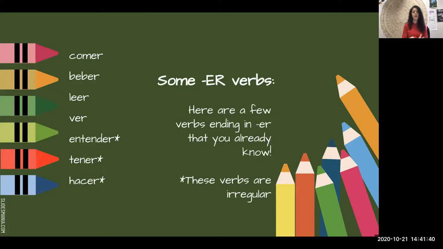Here are a few ER verb endings that you already know. You have the verb comer, to eat, beber, to drink, leer, to read. Ver is another way to say mirar, to watch, to look at, to see. Okay, ver. Now, entender is to understand, tener is to have, hacer is to do,